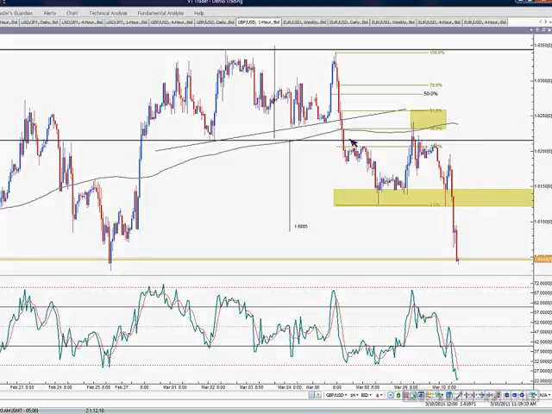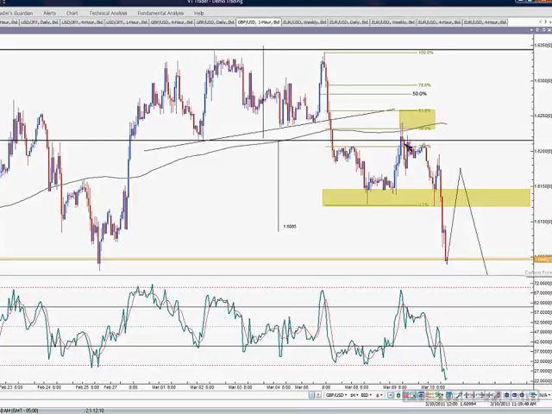1.5750. We should really respect this consolidation zone. We should respect the support zone. We shouldn't overlap it. Now, if it does overlap, there is still a scenario called nesting, where you would be within this third wave, extending this third wave, so wave 3 isn't complete. If that happens, that doesn't naturally eliminate the chances of the market continuing down. It just means that wave 3 hasn't been completed.